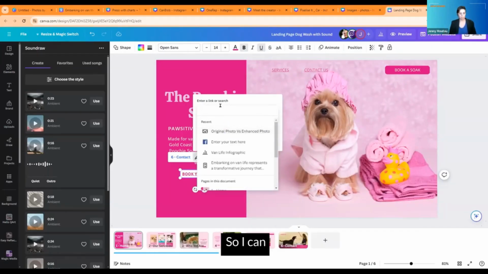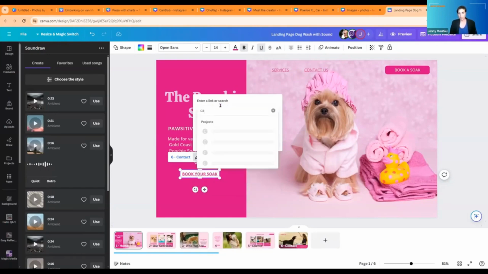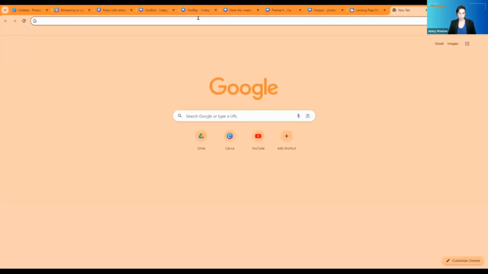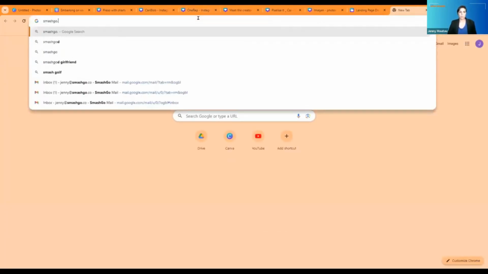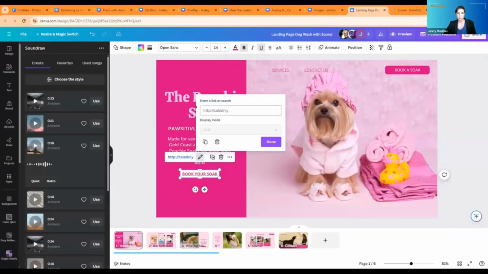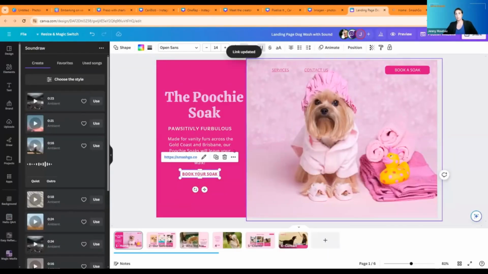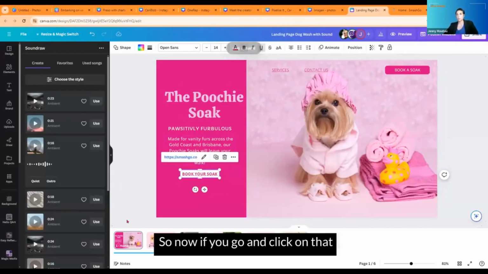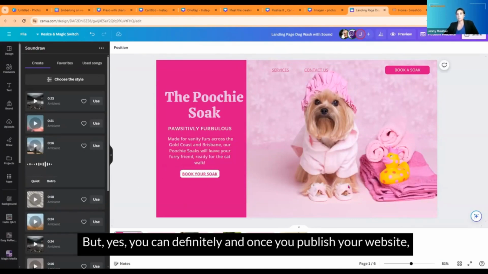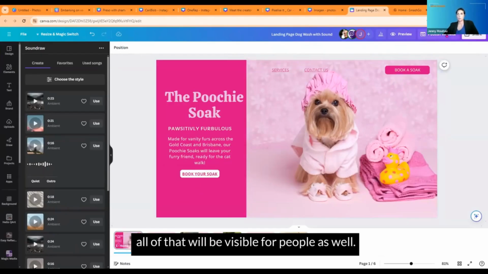So I can, this is going to be a fake, but I can paste in my Calendly link there. So let me just find something real quick. I can actually just paste that in. So now if you go and click on that link, it'll take you to SmashGo homepage. So that's how you would activate it. But yes, you can definitely, and once you publish your website, all of that will be visible for people as